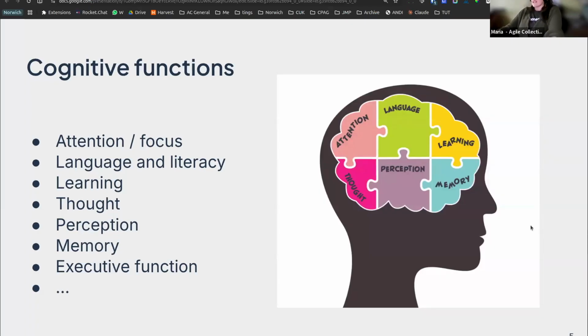Each of us is stronger in some of these functions than others. And I'm sure we've all noticed that sometimes our memory is better than at other times. Certainly my memory has not got better over time. It's a very well-known thing that as we age, our ability to memorize things can be impaired. So a cognitive impairment or disability, you can describe as one or more of these functions being impaired to the point that it severely impacts your life.